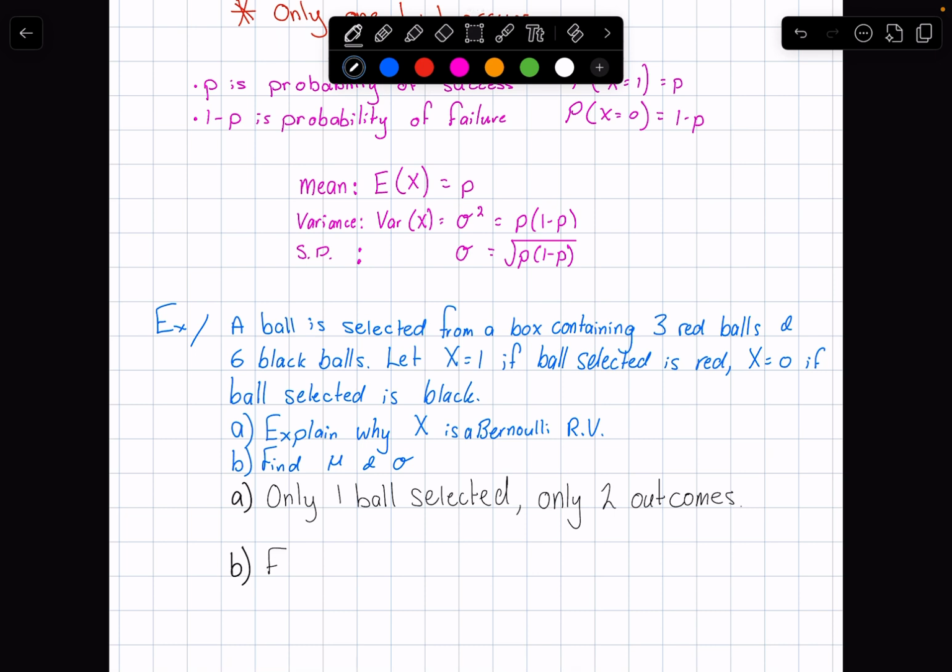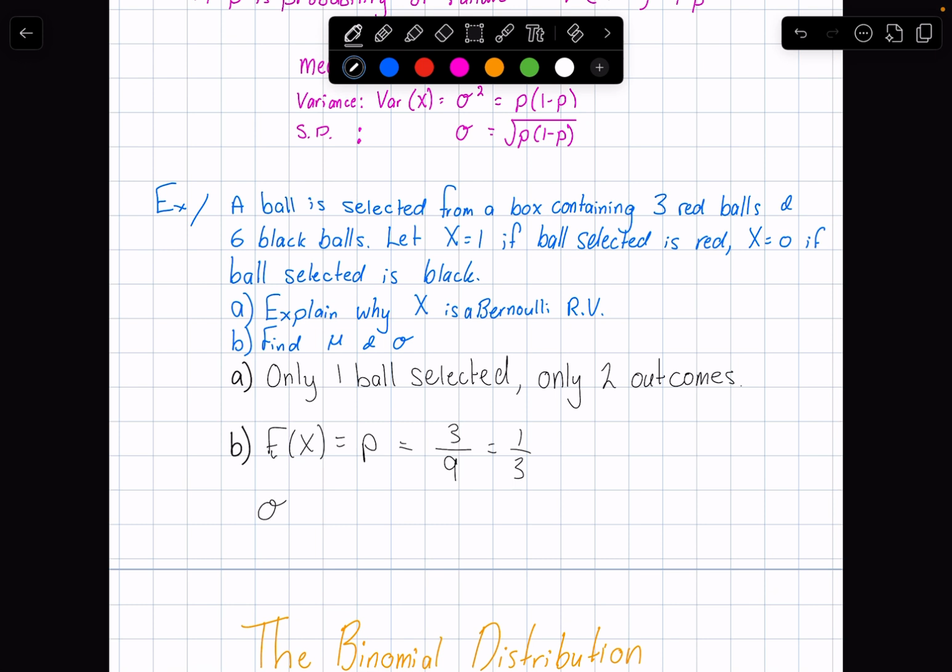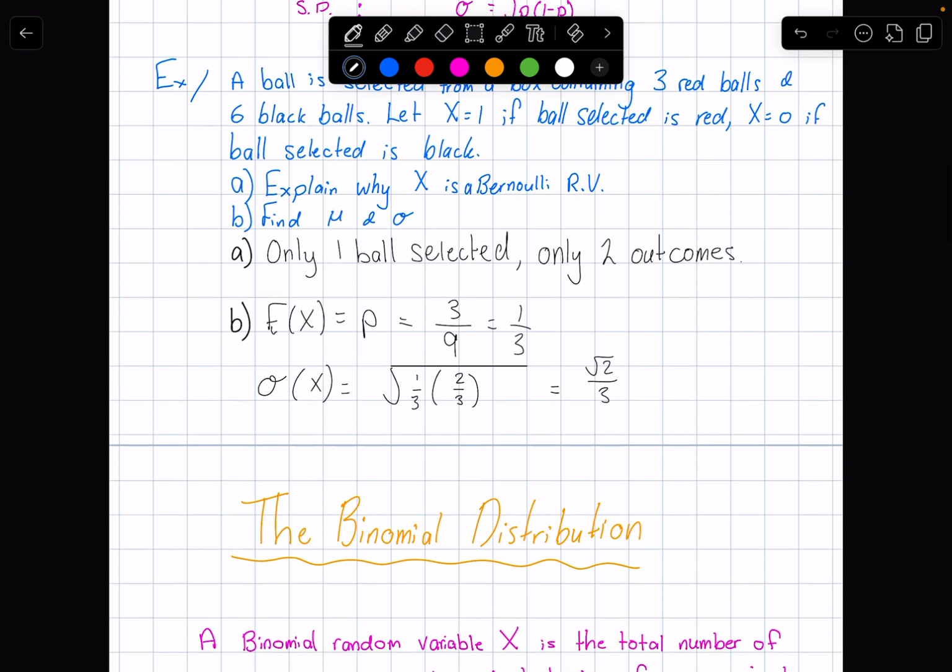Now let's find our mean and our standard deviation. So my expected value is P. Now the probability of getting a red ball is 3 reds out of 9 total balls, or 1/3. And our standard deviation is the square root of P, which is 1/3, times by 1 take P, which is 2/3. So that's going to be the square root of 2/3. So by the time you expand and simplify our surd, we get square root of 2/3. So really not too difficult, but what happens is when we repeat that Bernoulli variable, we start looking at a